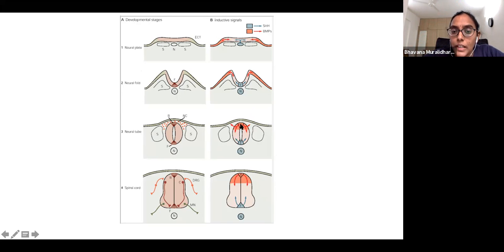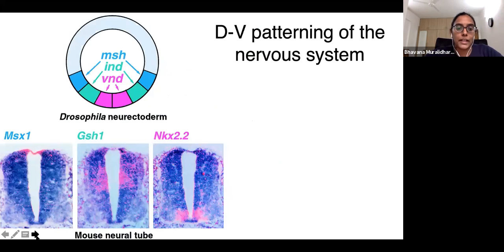And this is the roof plate here. And the roof plate is secreting BMPs, whereas in the spinal cord area, the floor plate is secreting sonic hedgehog. And the presence of the opposing gradient, which is seen better here,